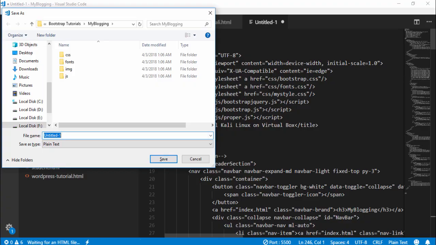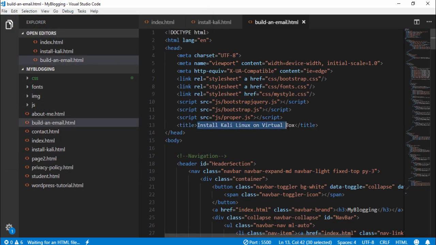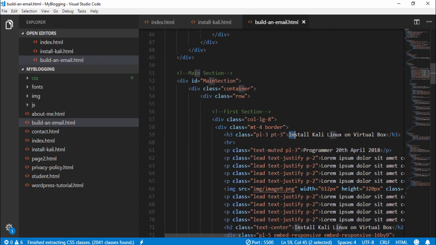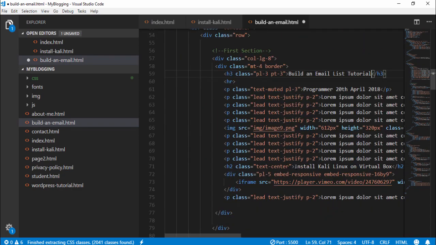I check the post build an email list, build an email.html, change the title, build an email list tutorial, copy it and go to below and change the title, heading 2 tag, and you need to change the